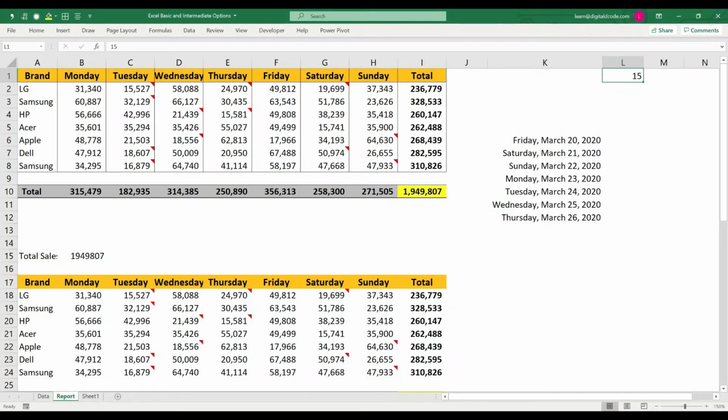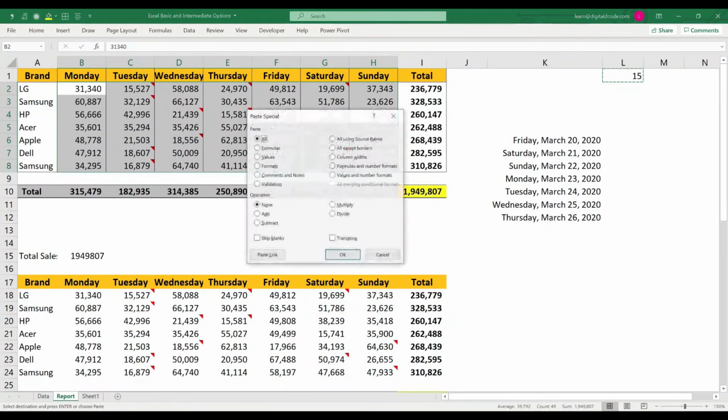Just copy this 15 and select all the data. Now I want to subtract all this data with 15. Go to paste special and choose subtract, or you can choose divide. I want to divide all these values by 15.